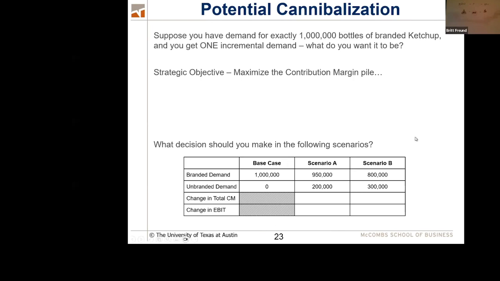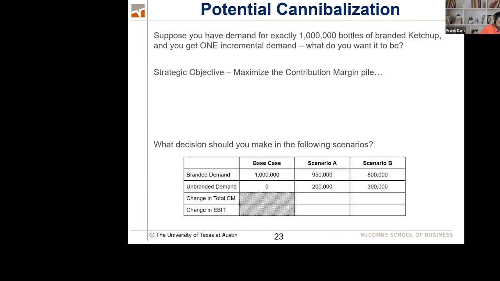Now, how about in the second case? We're about to wrap up. Scenario B, what now? That's a loss. So I have a question. Where did you get the 50 cents you're talking about? Is it because we're looking at? I didn't say 50 cents ever. So I said here, go back here. Do you agree that when I sell a Hunt's brand, I don't care about PIFA, that's all accounting. I care about 3 minus 1 is 2, right?